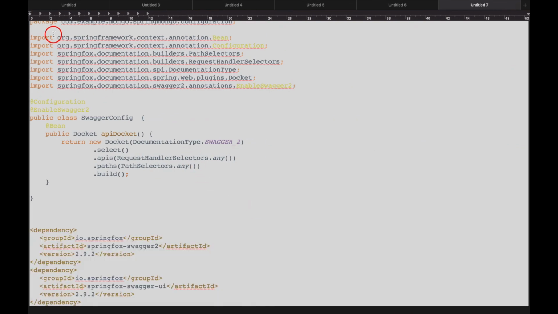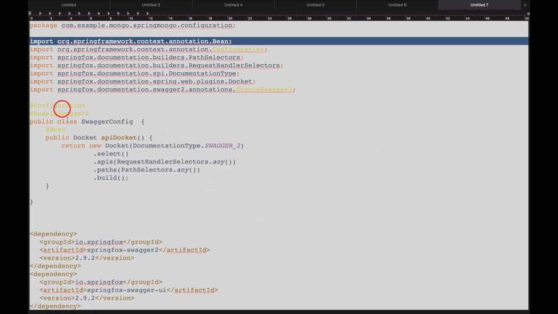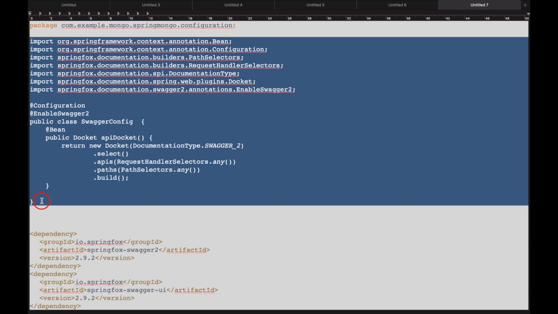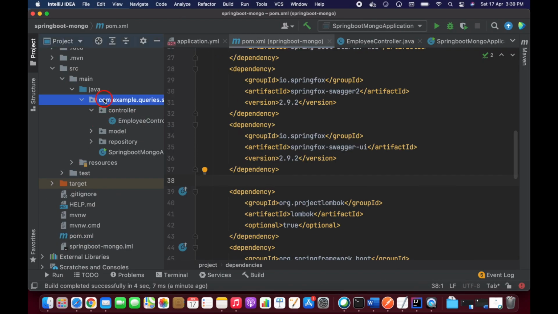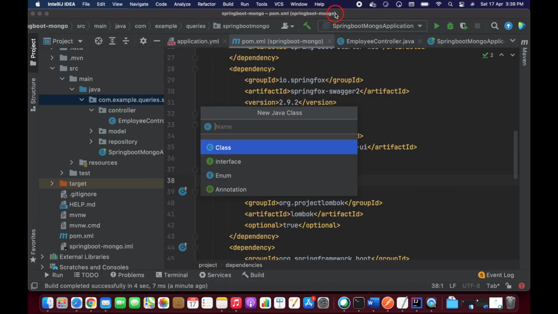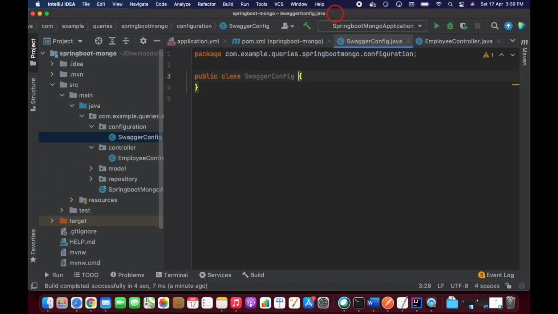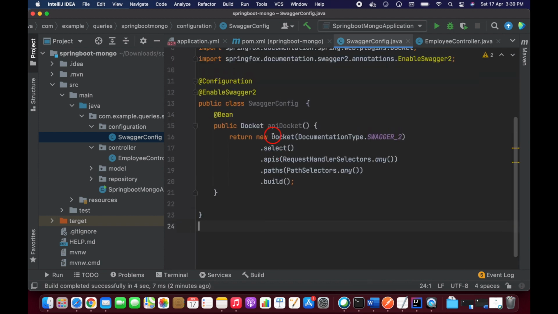Here I already have the Swagger configuration, guys. Let's copy this and create one configuration file. I'm going to create a configuration package. Inside that I'm going to create a SwaggerConfig class. This is the Swagger configuration class.